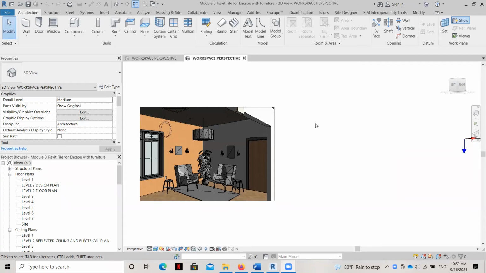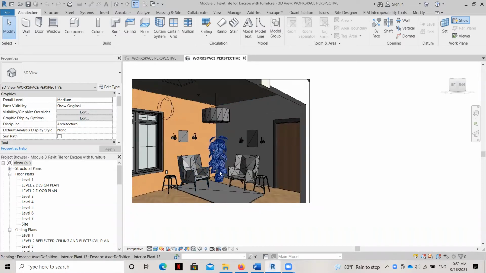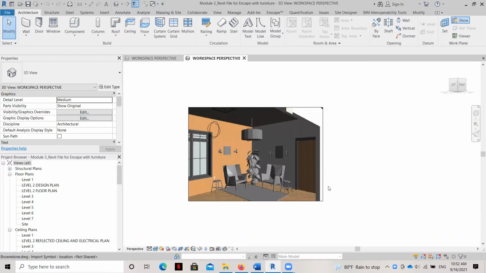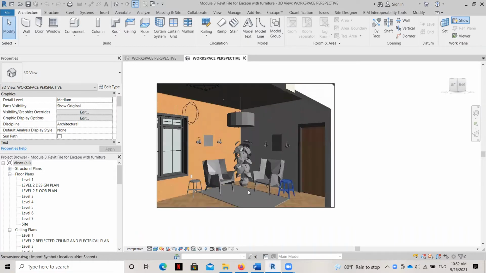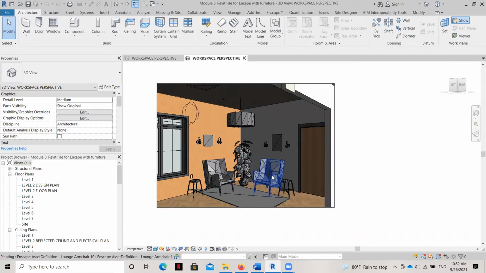In this video, I'm going to teach you how to add a background, render a screenshot, and export the rendering as a JPEG. Now you can see here, just looking at this, my rendering that I have added the Enscape elements to, so some chairs, a rug, the side tables, plants, sconces, and some artwork. And so you can see here it's rendering in gray tones because anything that is used or brought in from Enscape renders in gray in Revit.